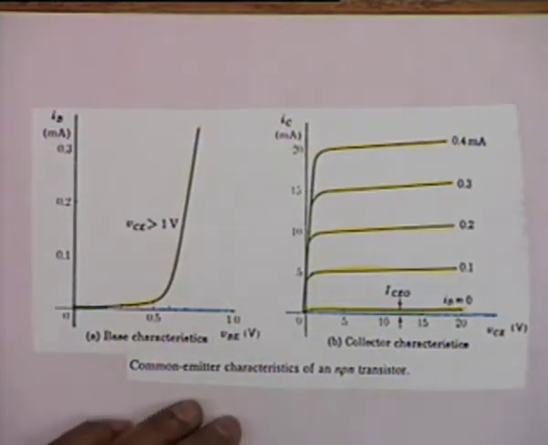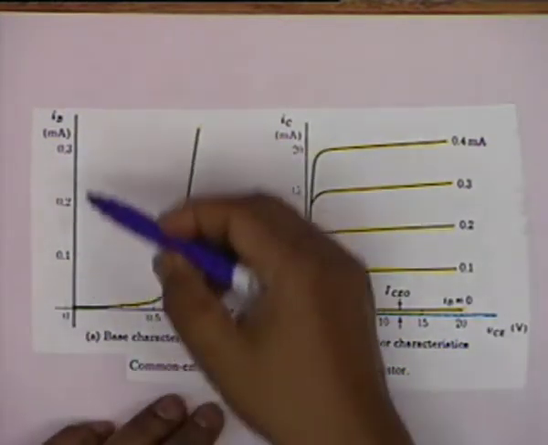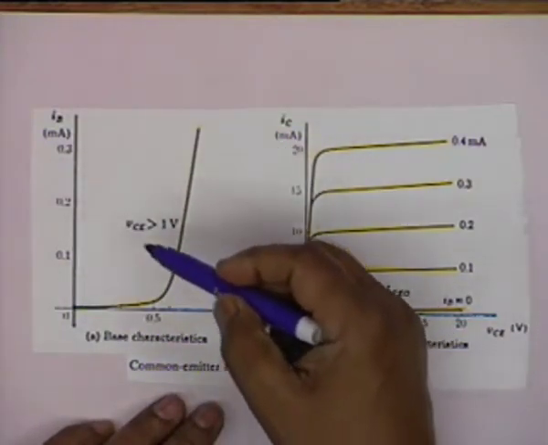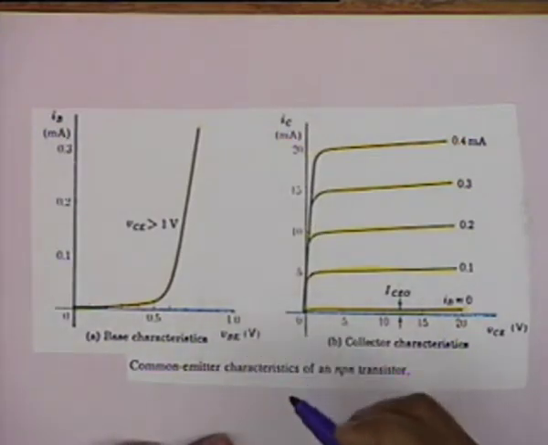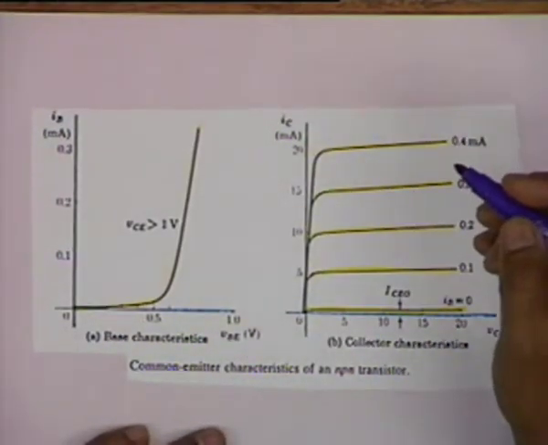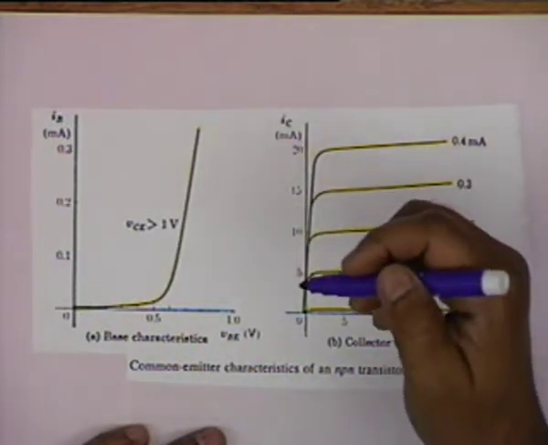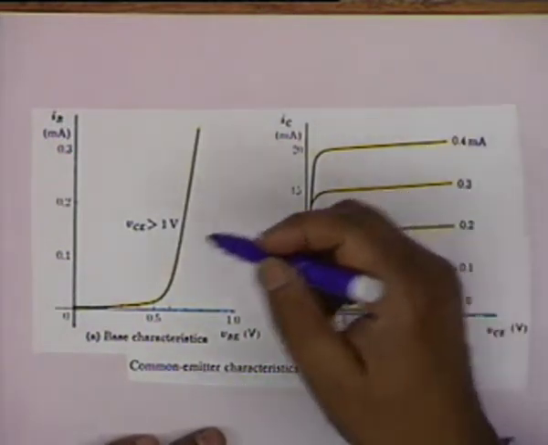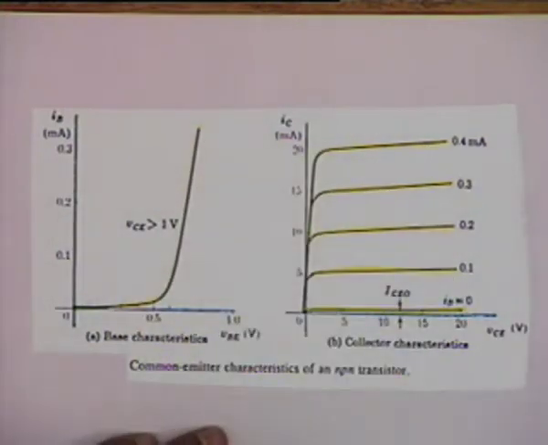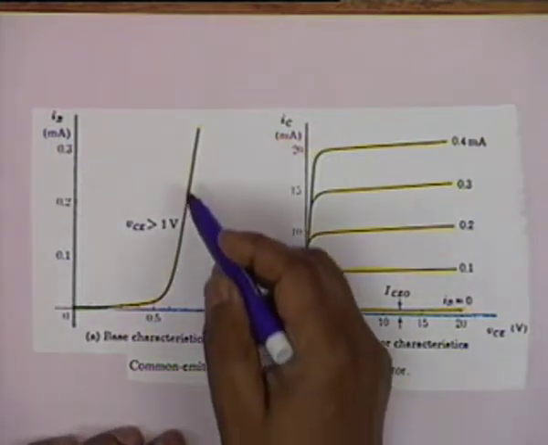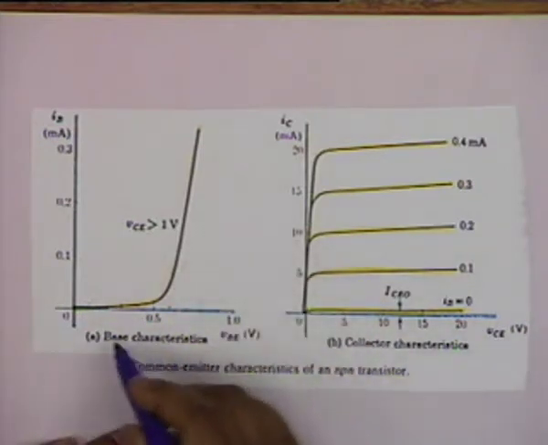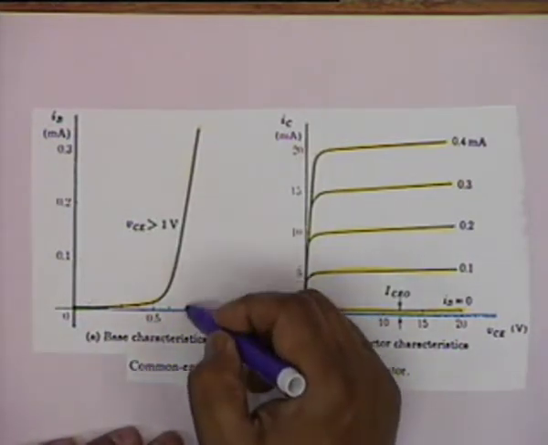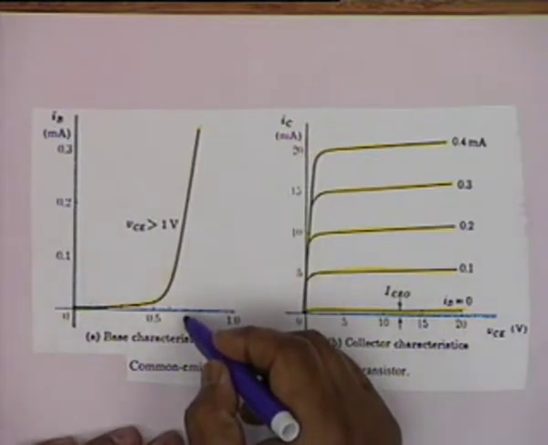These are the common emitter characteristics of an NPN transistor, and this curve shows the input characteristic, that is I_B as a function of V_BE. As you know, in the common emitter connection, the base to emitter junction is forward biased. It is a diode, and therefore no wonder this characteristic is that of a diode characteristic. The base emitter junction, and you can see that it is approximately a straight line, which when extended to the V_BE axis, will cut at a voltage of about 0.7.